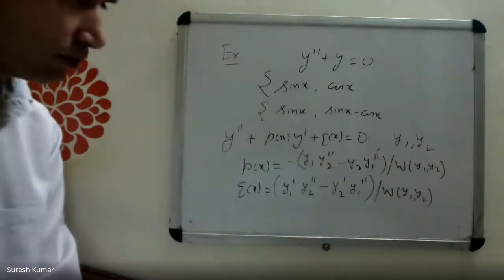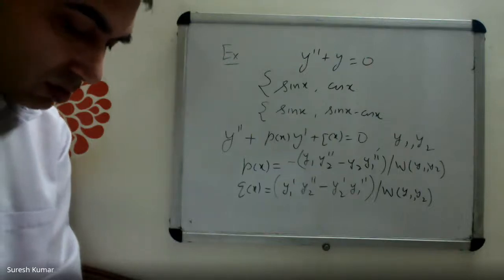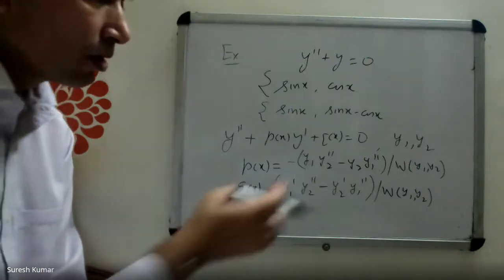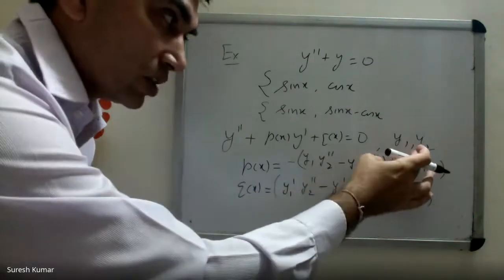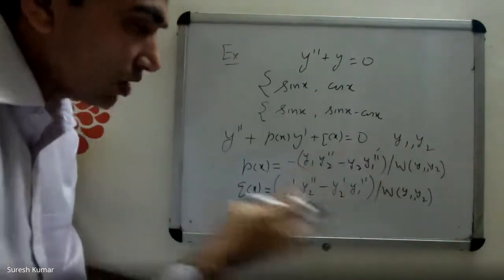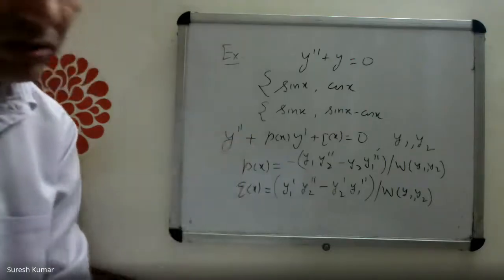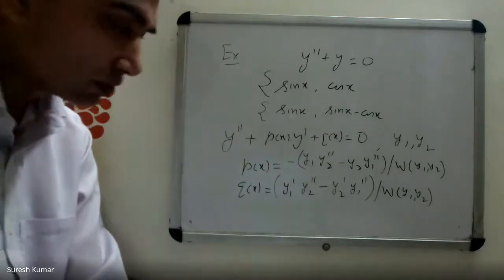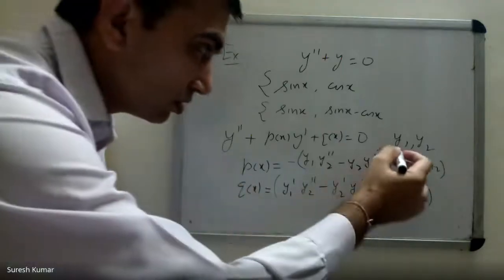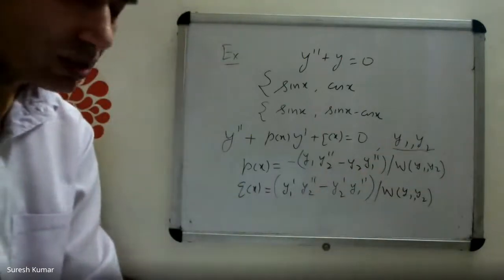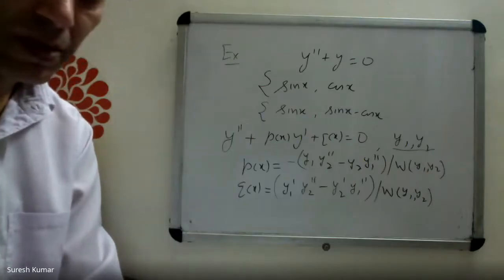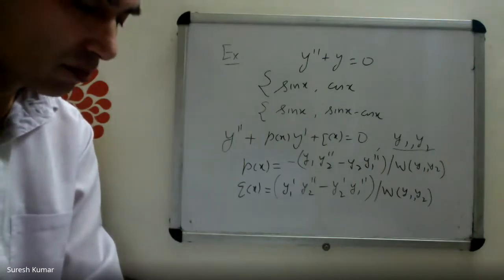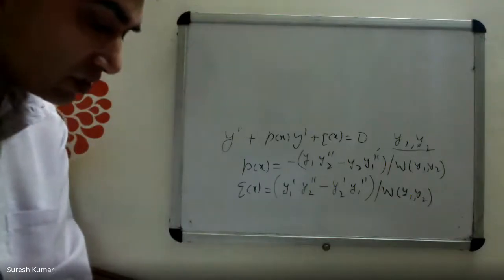Can you prove it? What is the advantage of this result? Whatever y1, y2 are given, if you substitute in these formulas, you have unique Px and Qx. You can reconstruct your equation uniquely. So can you obtain these Px, Qx given that the solutions are y1 and y2? Yes, we can put y1, y2 and then solve for Px, Qx as a system of linear equations. Yes, do that and just verify.